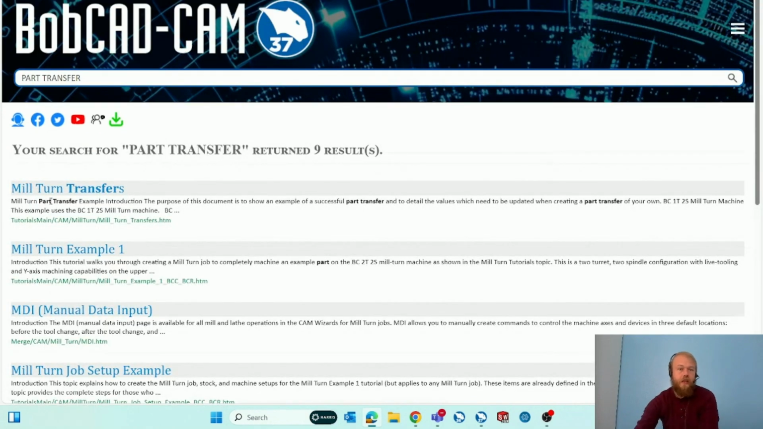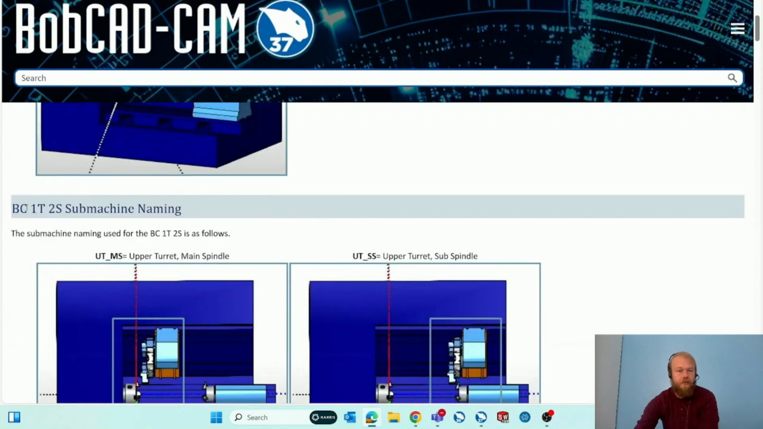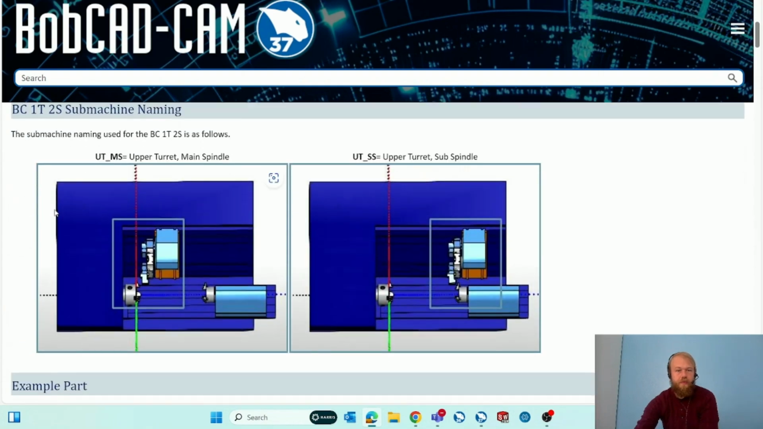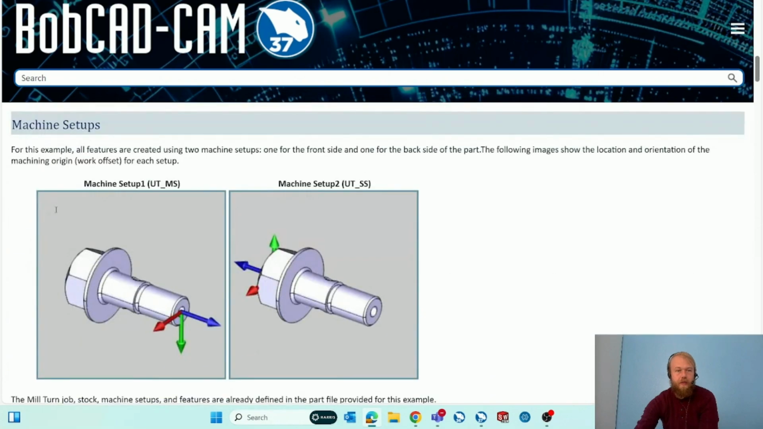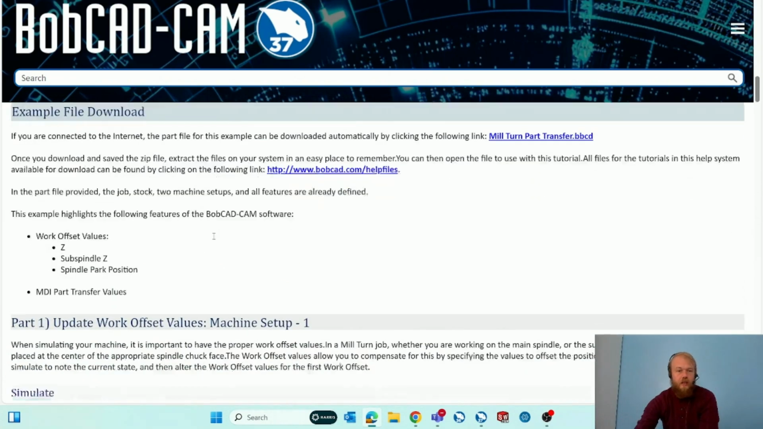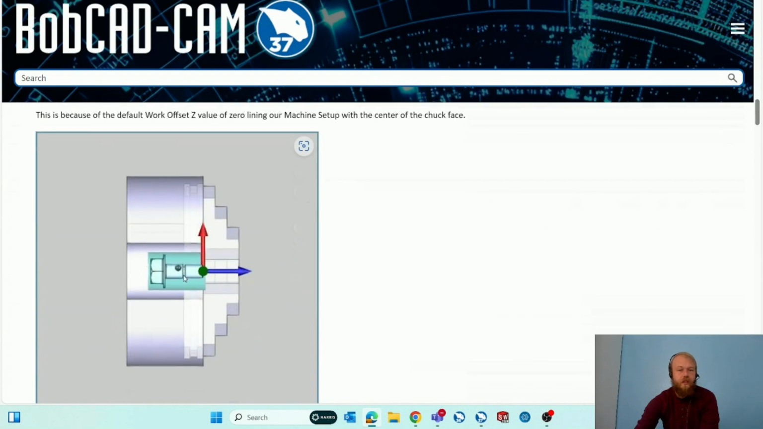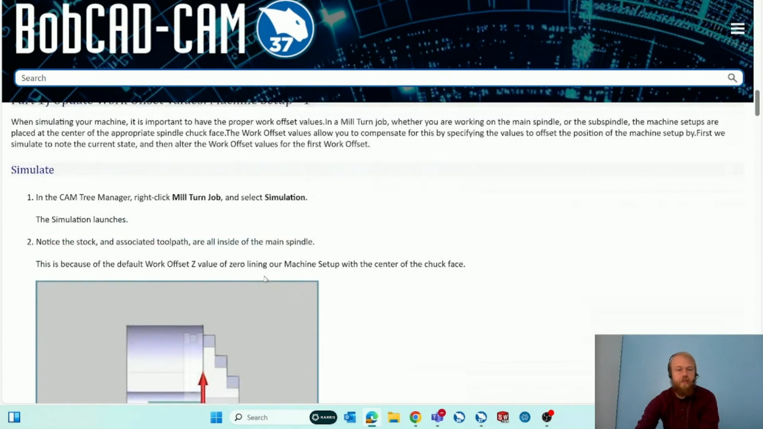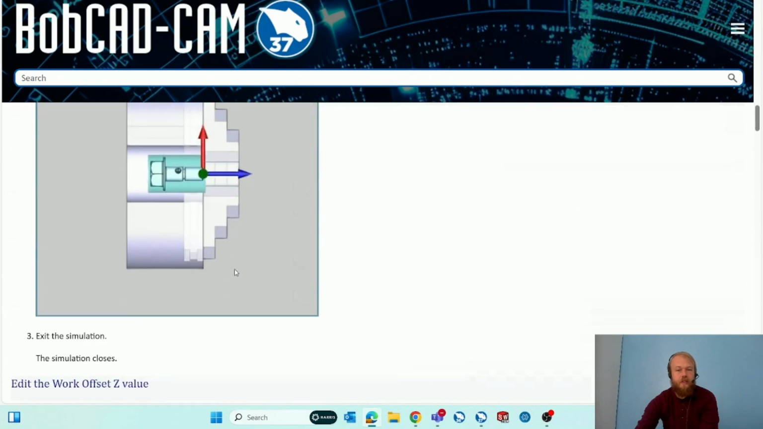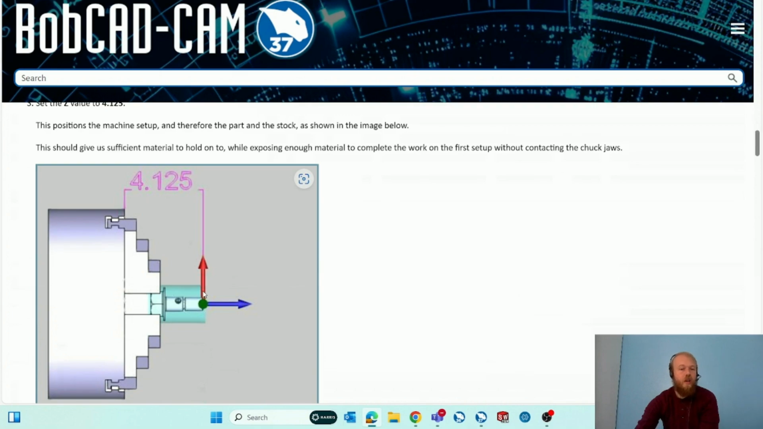I know that. So we have mill turn transfers. And it tells you, if you've got the 1 turret, 2 spindle, sub-machine naming, example part, shows you the machine setups like we did here. And it will tell you the work offset values in Z, the sub-spindle Z, and the spindle park position. Now it's the distance between the stock and how far you're pushing it out for your work offset Z, as we mentioned here. And then it gets into the distance from the jaws,